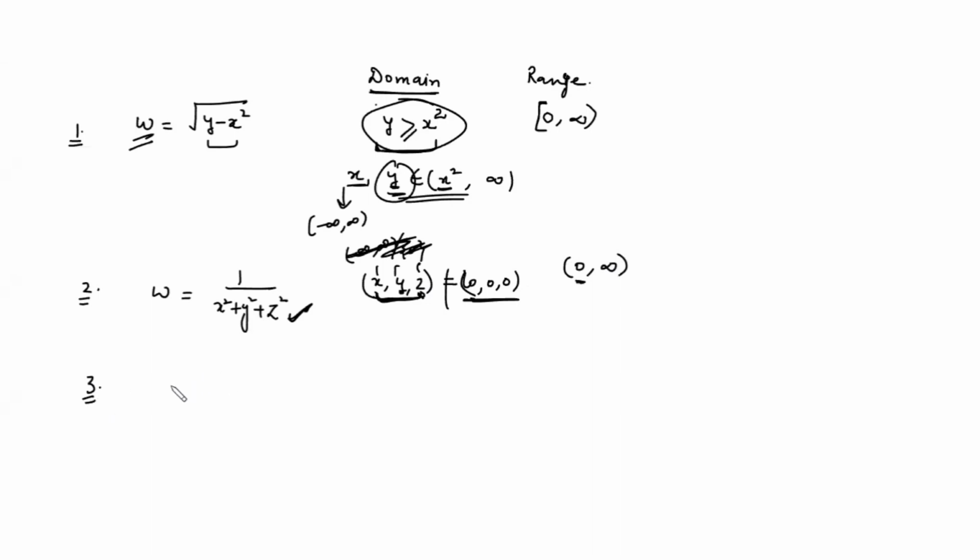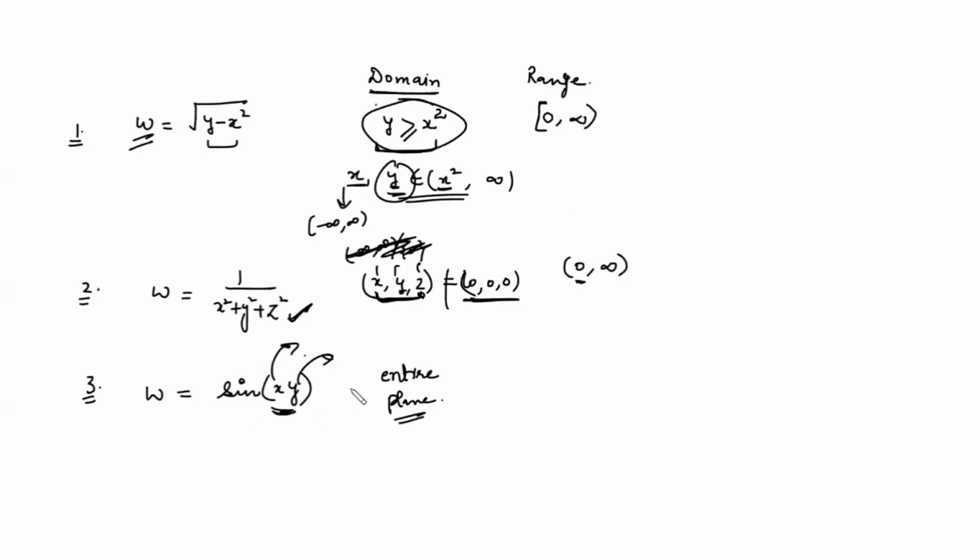One more example. Let's suppose I'm taking w to be the sine of x into y. What will be the domain set? All real. x, y belongs to minus 1 to 1? No, it will be R. Yes, so the entire plane comes, the whole set of real numbers. You choose x to be minus infinity to infinity and y to be minus infinity to infinity. Whatever your sine function of xy is, it is defined for all x, y belonging to the real numbers.